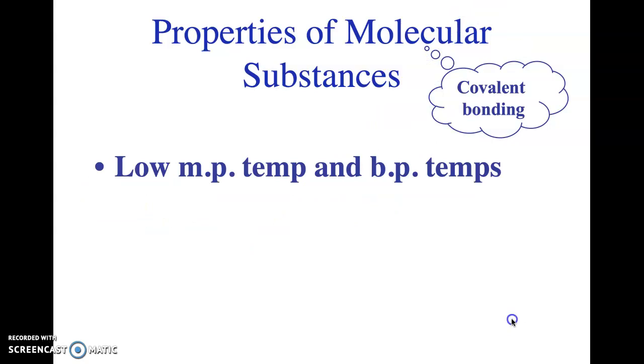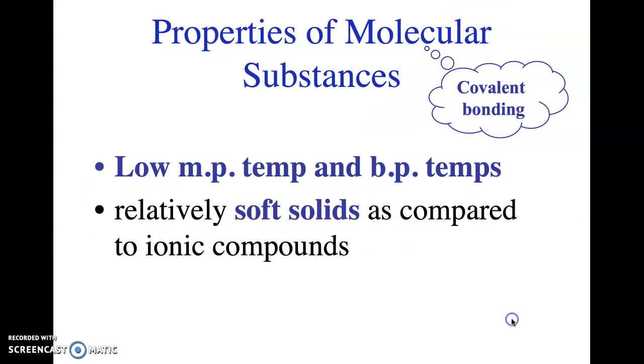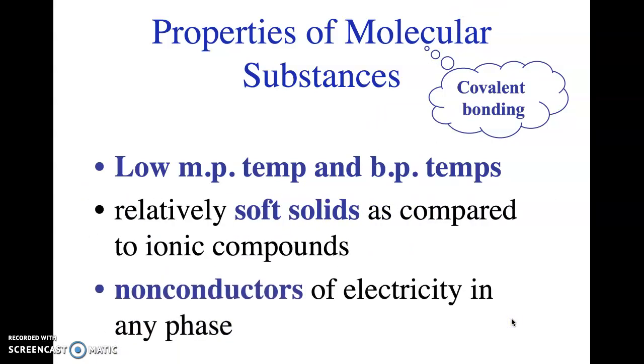Properties, I'm trying to get under my 15-minute mark here. They have low melting points and boiling points. They are very soft solids as compared to ionics, and they don't conduct electricity in any phase. Molecular substances, covalents, do not conduct electricity. Ionics conduct electricity in a liquid phase, and metals conduct it in a liquid or a solid phase. And this is where we're going